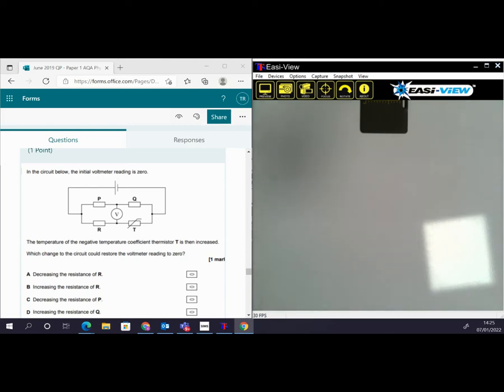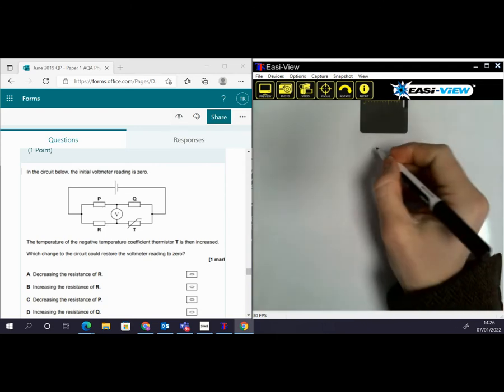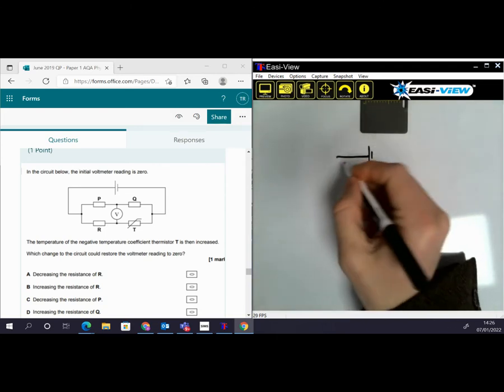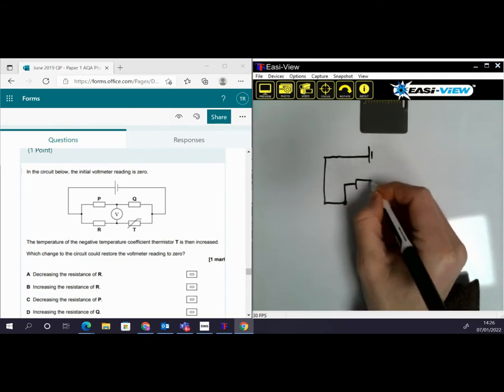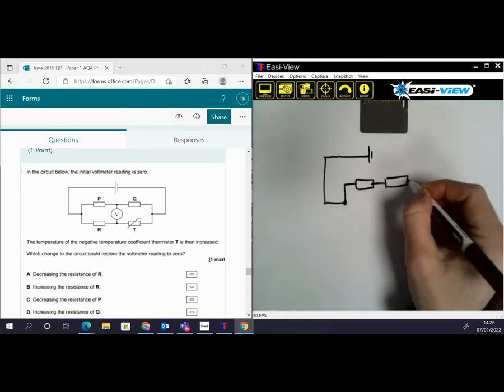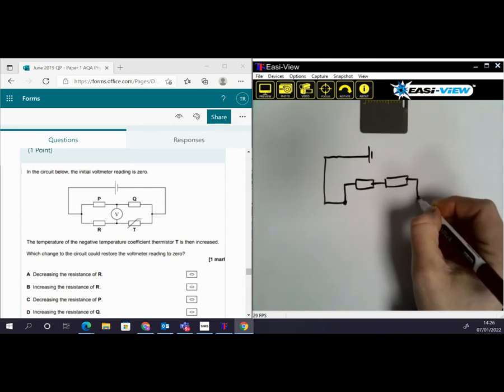This question is testing your understanding of potential divider circuits and potential difference, and a general understanding of how potential will be shared across components in series. So we have this setup, and I'm just going to sketch it out so I can annotate it a little more easily. We have two resistors along the top,